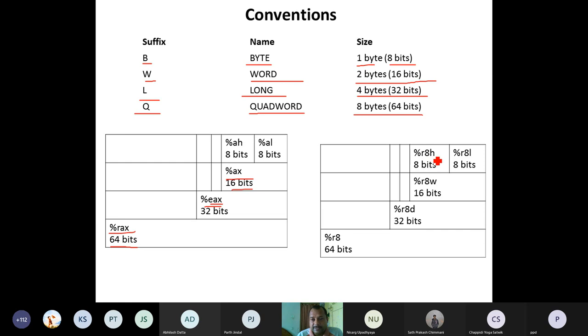R8H, higher 8 bits of the 16 bits. R8L, lower 8 bits of the 16 bits. So this H is higher, L is lower. This L has nothing to do with this L, which is long. Okay. So this L is coming in the register, and this L is going as the end of the